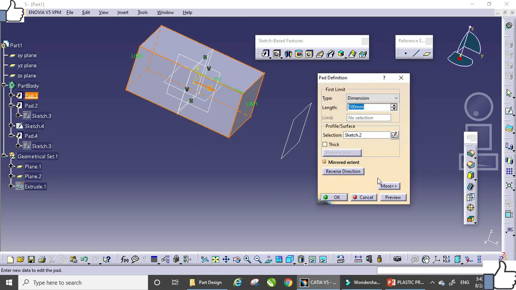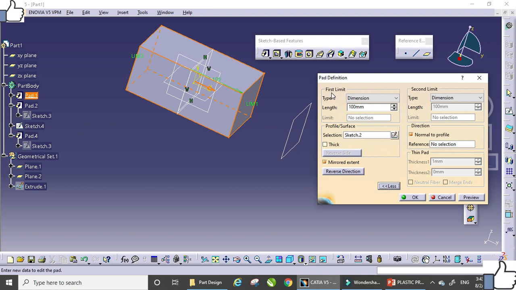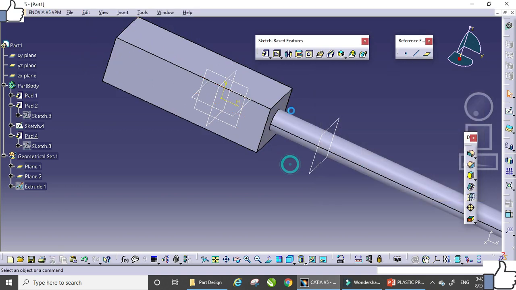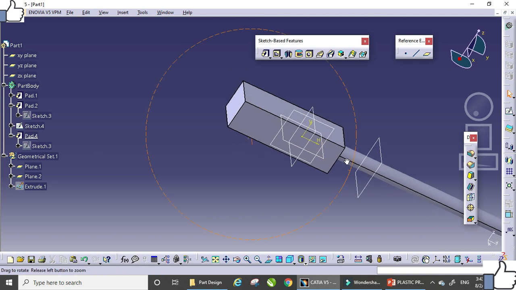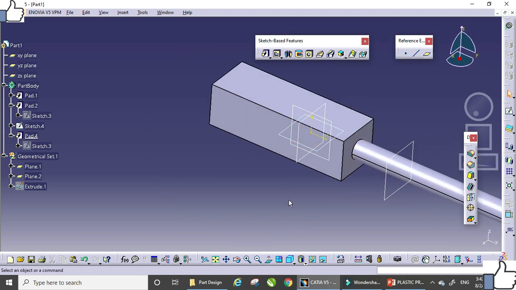Again, next one, that is in the mode there is a limit, first limit and second limit. As we use the mirror extent command, it means 100 mm from the LH side and 100 mm from the RH side, but I require 100 mm at the one edge, but at the other side I require 200 mm. So we can do the second limit here, and then you can see the preview here. So this will be limit 1 and limit 2.